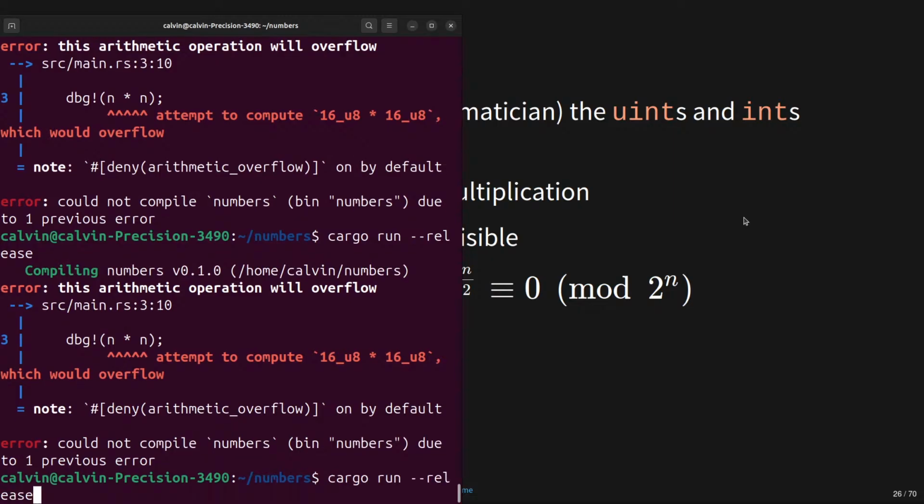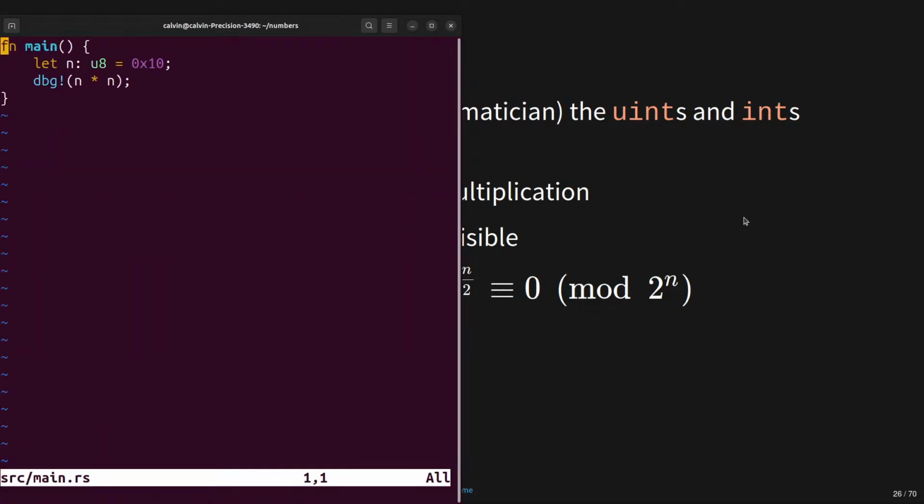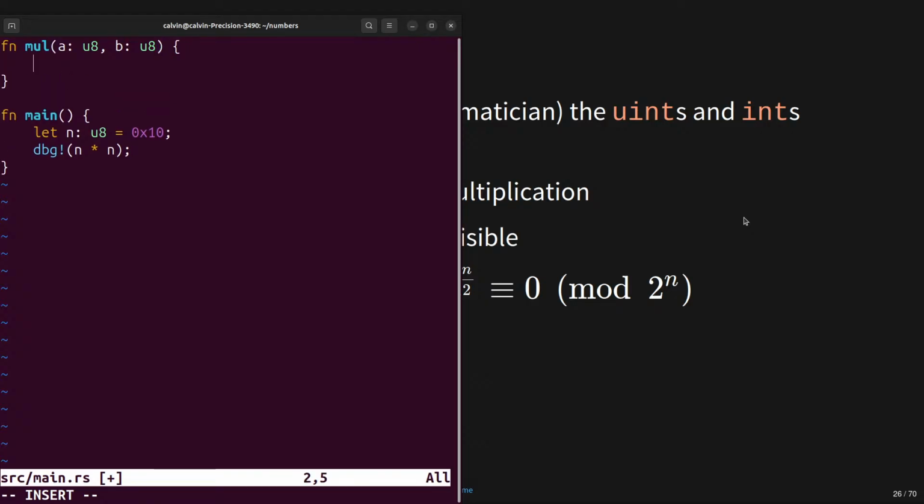There's only one way to do this. I'm going to have to write my own multiplication function. Okay, so that's not too hard, right? Fun mul. I'm going to take an a, which is a U8, and b, which is a U8. No problem. What can I do? Well, now I can't multiply these things together, or that's going to trigger the overflow error, right? So what I'm going to do instead is I'm going to add a to itself b times, right? Easy. Okay. So for i in b,